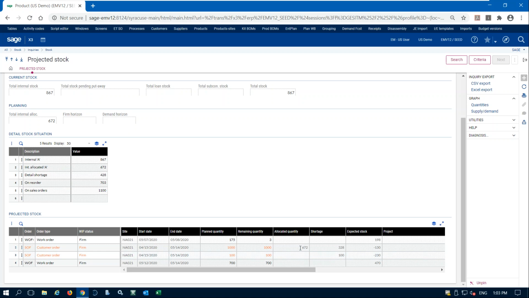I already have 762 allocated. I'm short 328. So if you do the math, the 372 already allocated is why it's already out of my expected stock. But I'm 328 short, so if I take the 198 and subtract the 328, I should come up with negative 130. I have another sales order, negative 230, and I have a work order on this day. And then once I finish this work order for 700, my on-hand quantity on that day is going to be